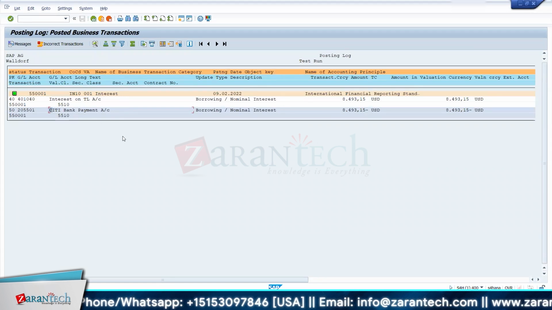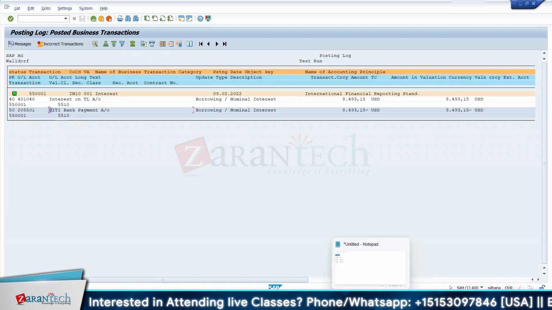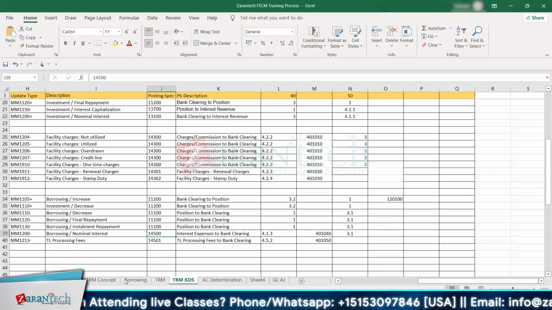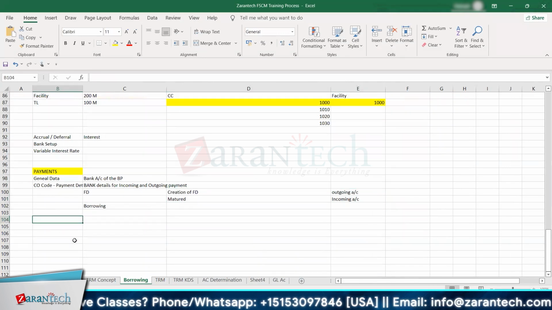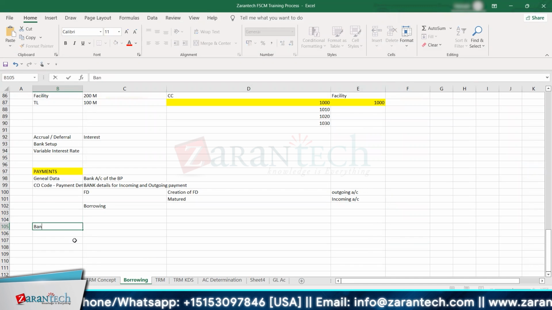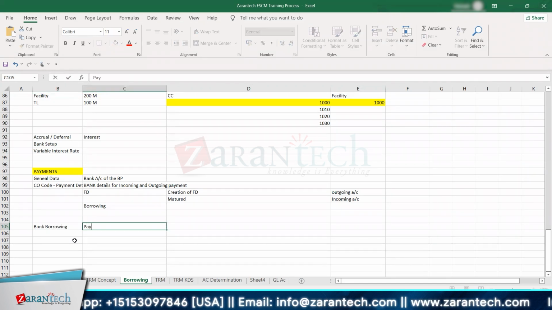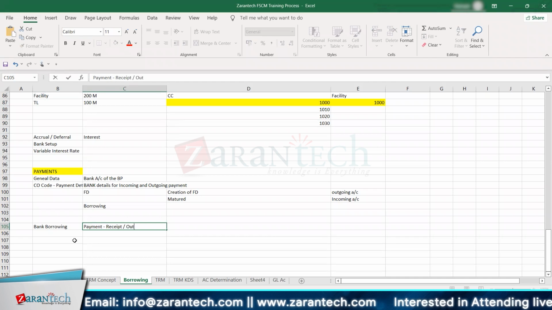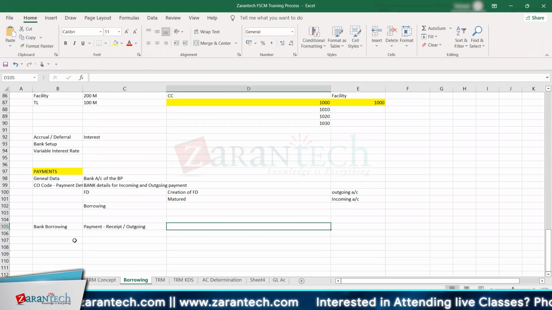Now I'll explain when you should have this kind of settings where I'm updating the payment and receipt account. It is very, very important to understand the scenarios where this kind of setting will be applicable. Normally, if you have a loan transaction, means borrowing, whenever you have the bank borrowing transaction, the payment, either it is receipt or outgoing, the bank